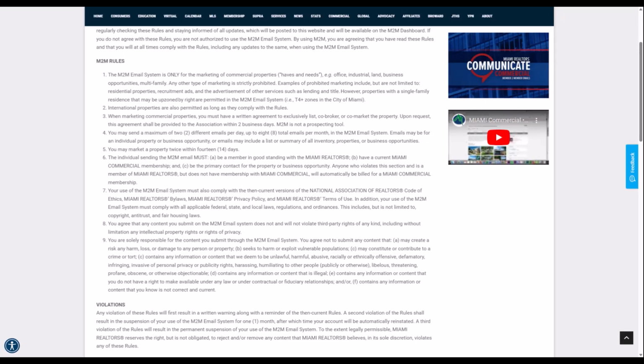Number 5. This is another important rule that you must remember. You may only market a property twice every 14 days. Meaning, if you have a listing, you may only market that one listing twice within 14 days. Number 6,